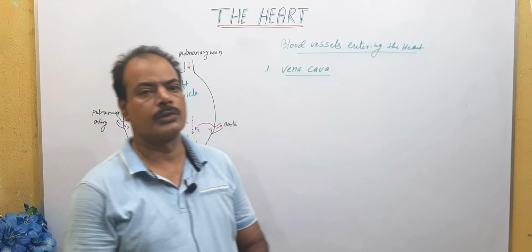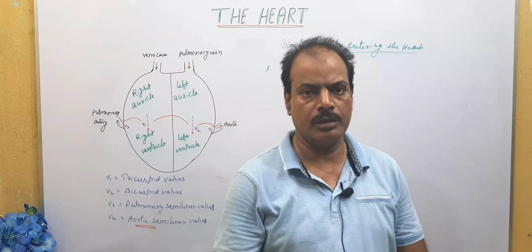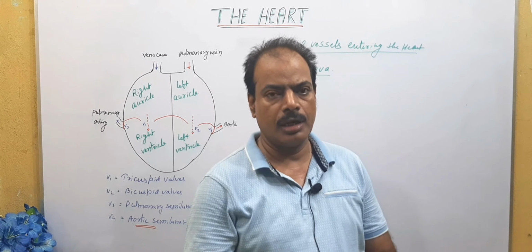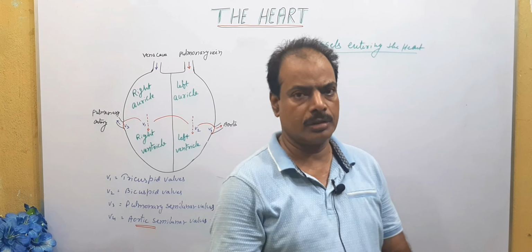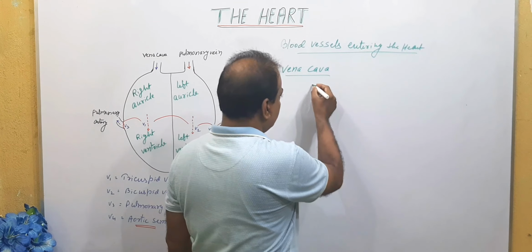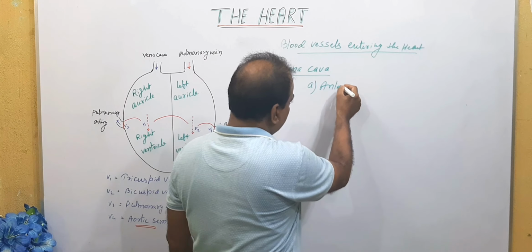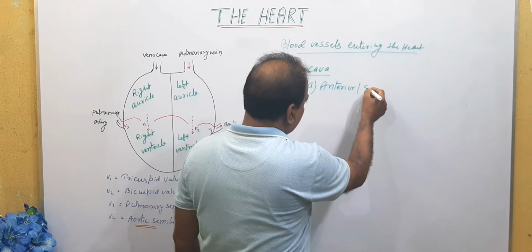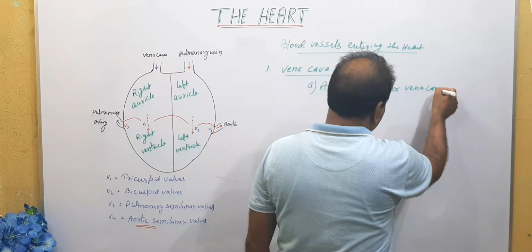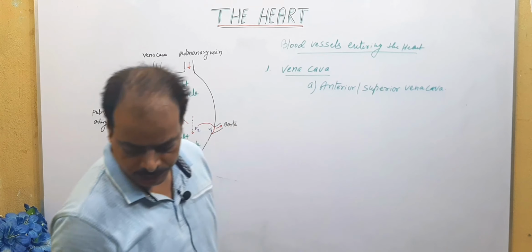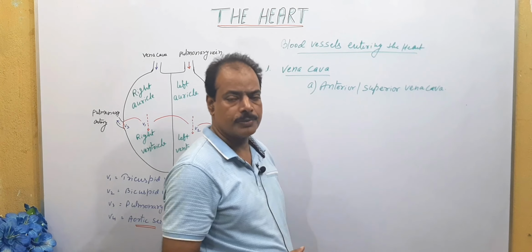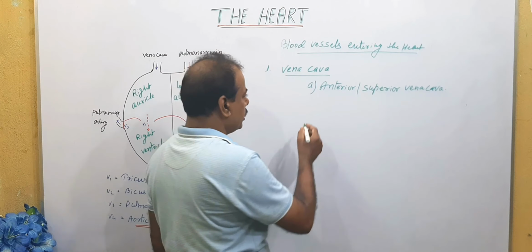Vena cava is the largest vein which carries deoxygenated blood from different parts of the body, and it is poured in the right auricle. Vena cava has two branches. These are anterior or superior vena cava, which carries deoxygenated blood from head region as well as from upper limbs to the right auricle, and